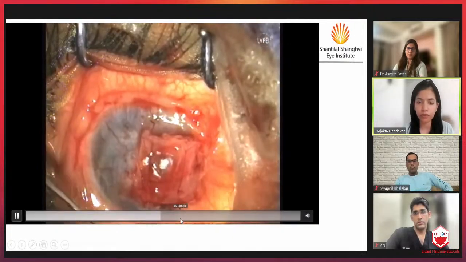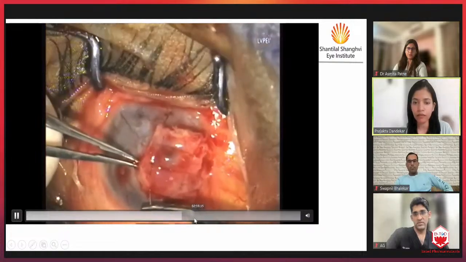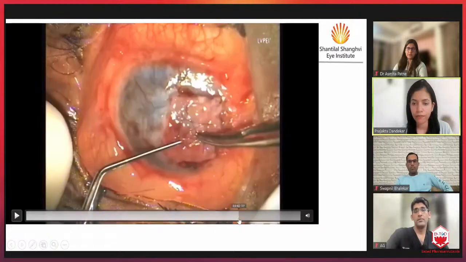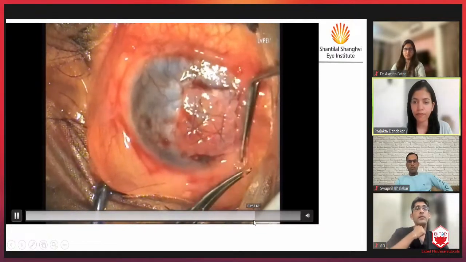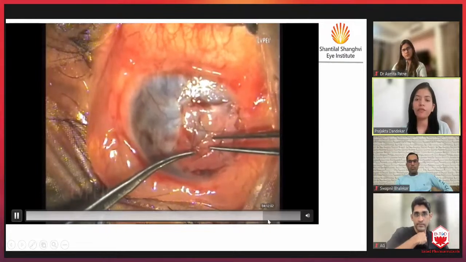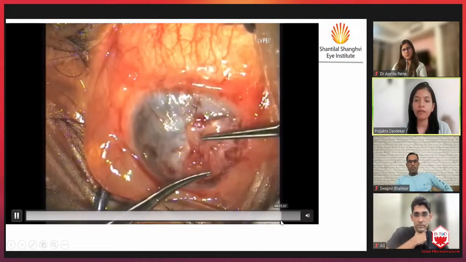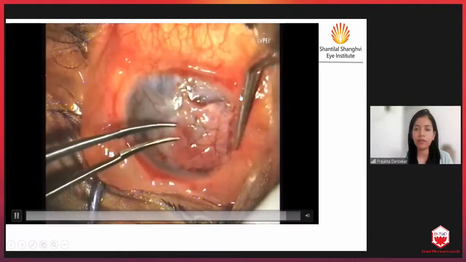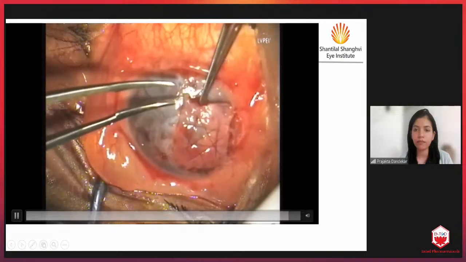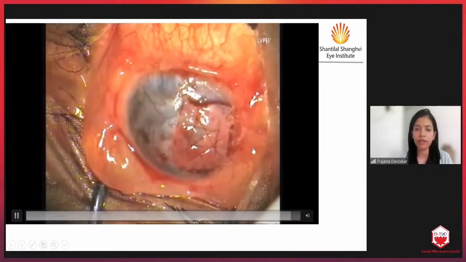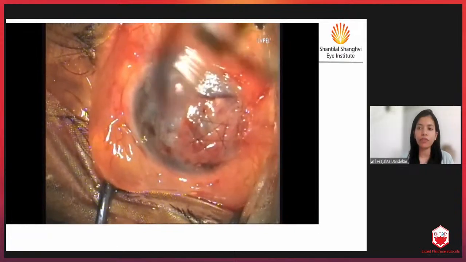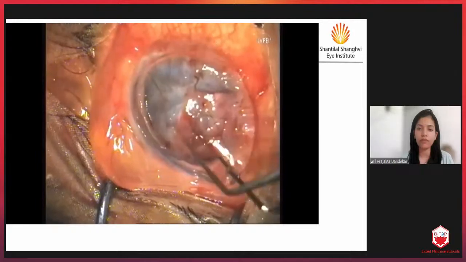I'll just pause this video. So these are the box sutures which are applied for this case. At the end of it, a BCL has to be placed because it is difficult to tuck in these suture knots. So the BCL avoids the pricking sensation which the patient can later have. So this is a good solution for when we can avoid keratoplasty in such cases, especially HSV.